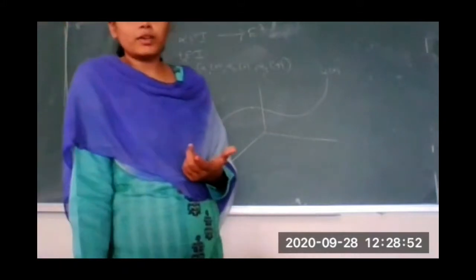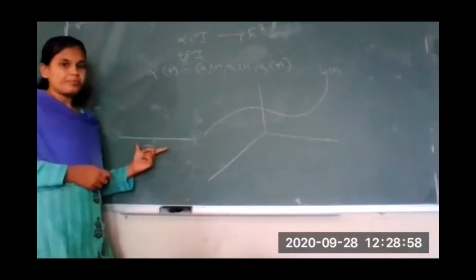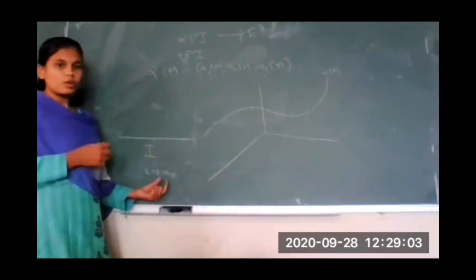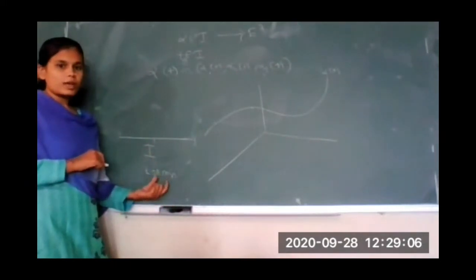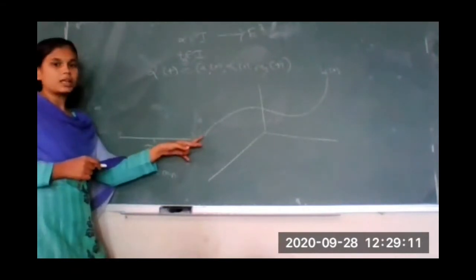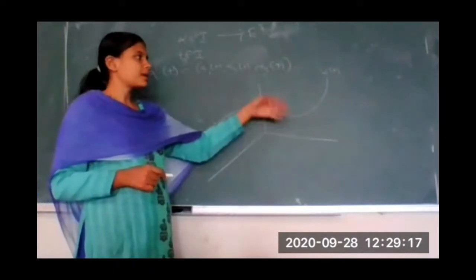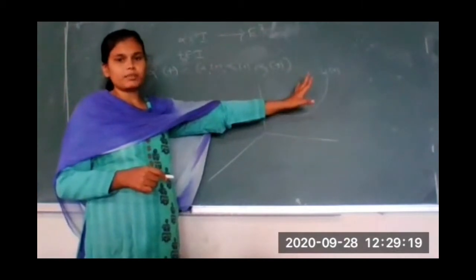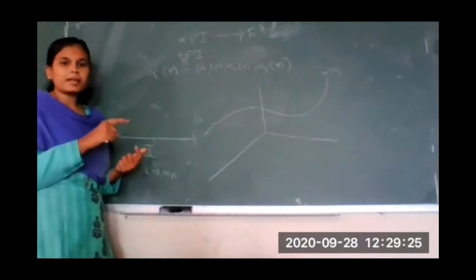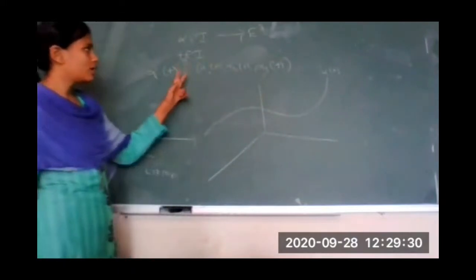Suppose a student is given some time interval, say t equal to 5 minutes, to go from hostel to school. At t equal to 0 he will be at the hostel position. After time t equal to 1 he will be somewhere else, and after some time the person will reach the destination. If we connect all those points along which that person is moving, the curve we obtain is called alpha of t.